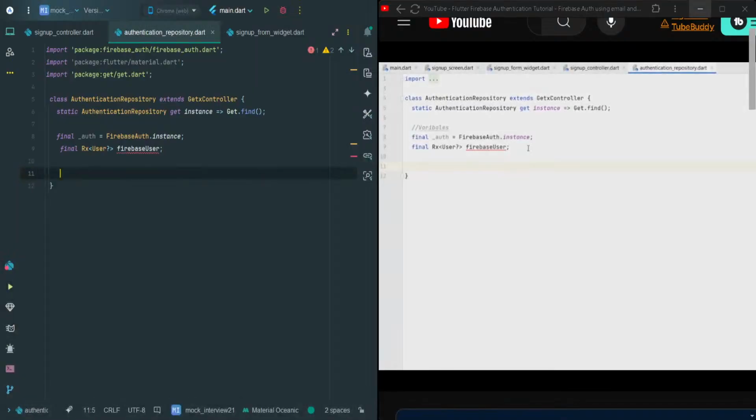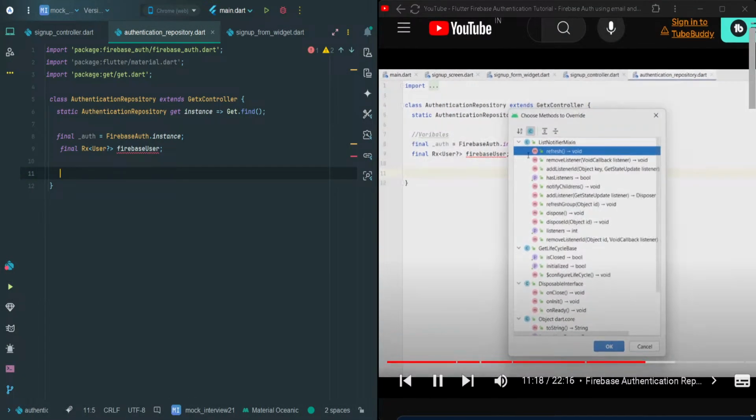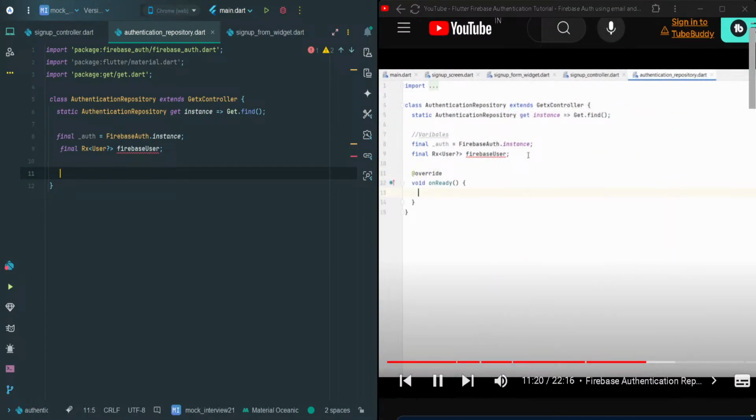So for that, we are going to press Ctrl O to override the onReady function. This ready function will be called when